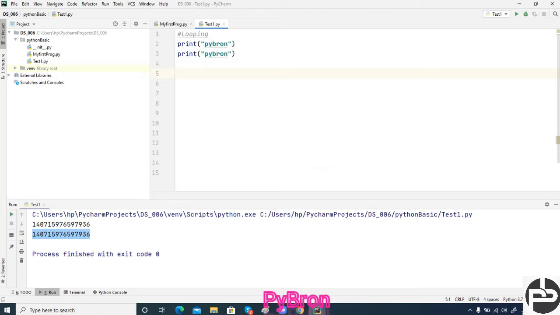Is it a good practice in Python coding? No, it's not a good practice, right? If we are going to do anything, we have to build a logic. To perform the same action, writing the same line multiple times is not a good deal, right? So in order to overcome this kind of problem, we are going to learn the loop concept.